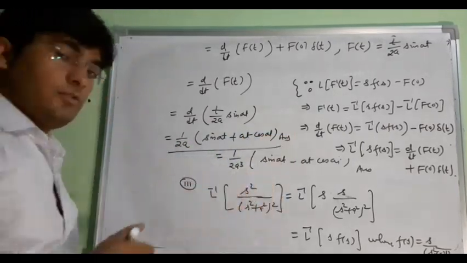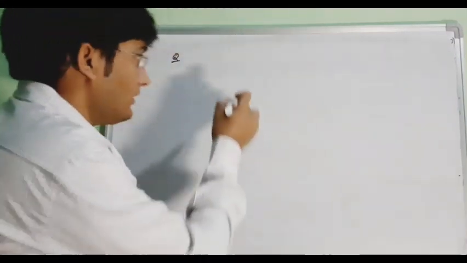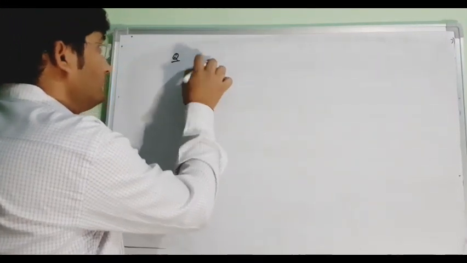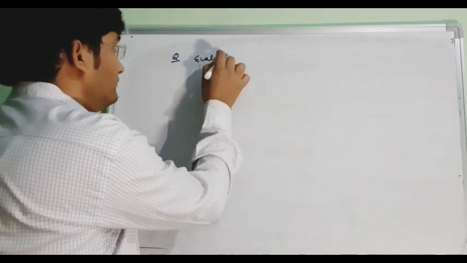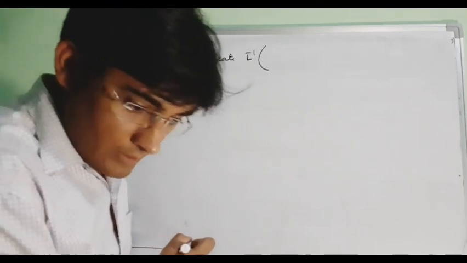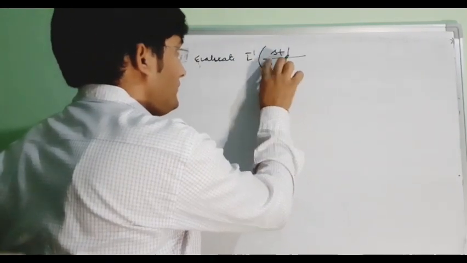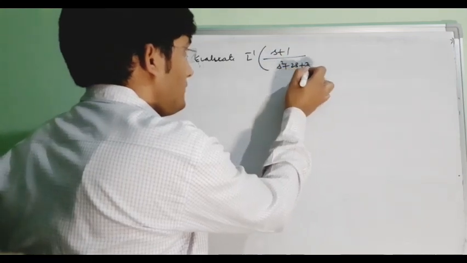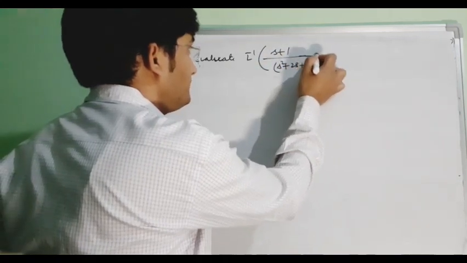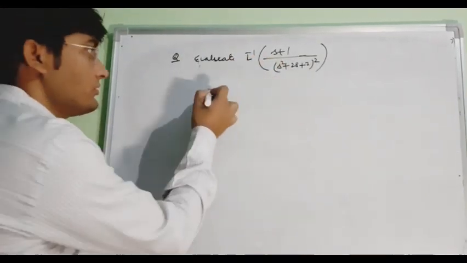So these are three important questions. Evaluate the Laplace inverse of (s plus 1) upon (s square plus 2s plus 2) whole square. We have to evaluate its Laplace inverse. Solution,